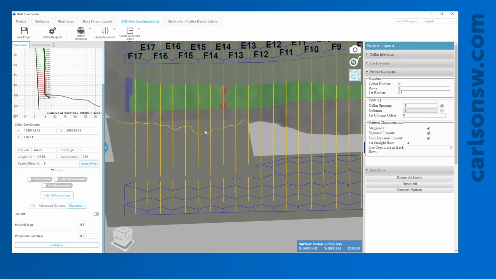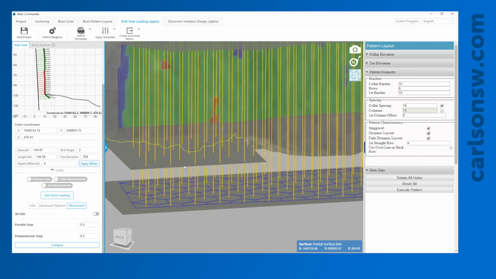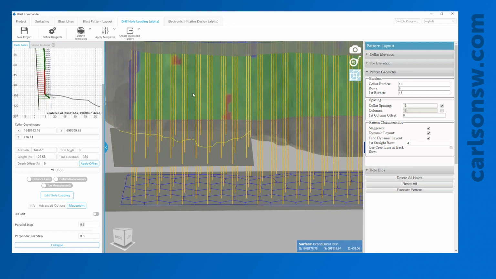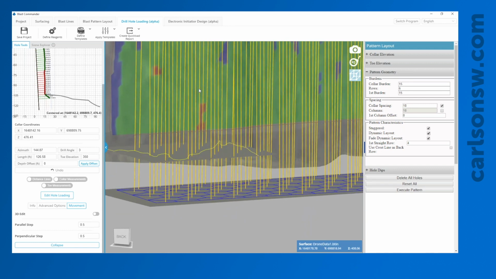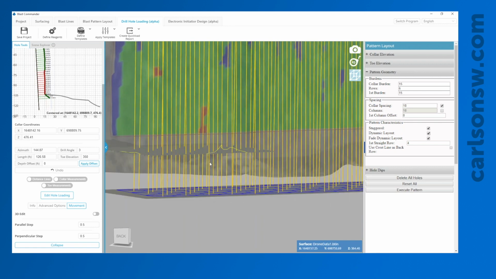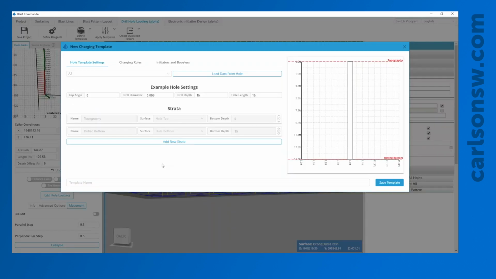Now I also have just a small pad I've created here, and I wanted to highlight a specific feature. So if there's, for example, something that we don't want to blast out, we want to make sure that we give enough cushioning or stemming around this particular layer so that we don't blast it out. We could create a new template, and we'll call this